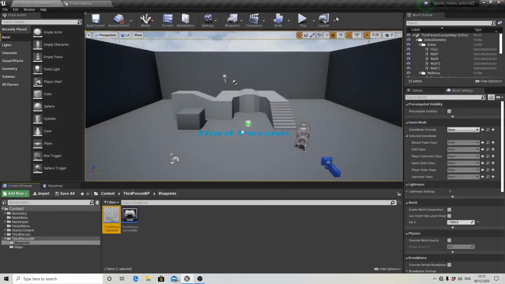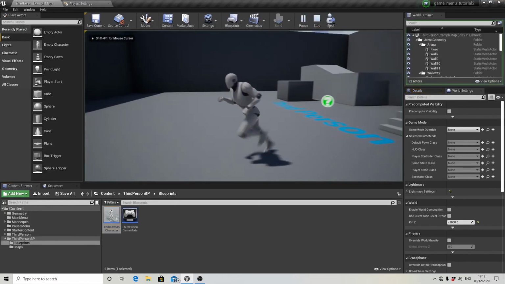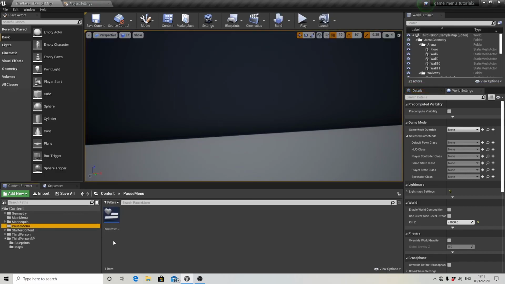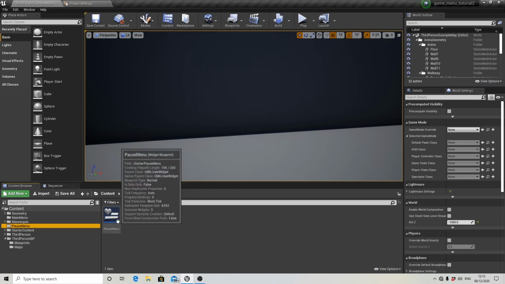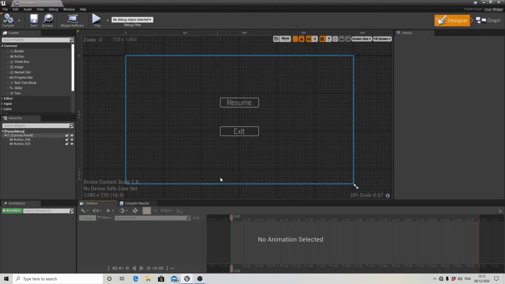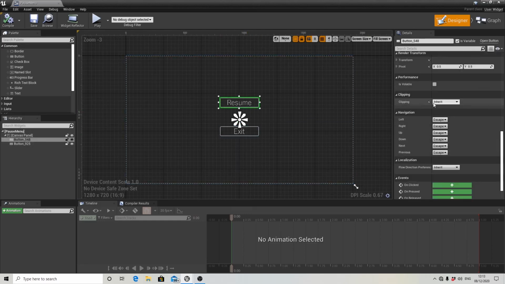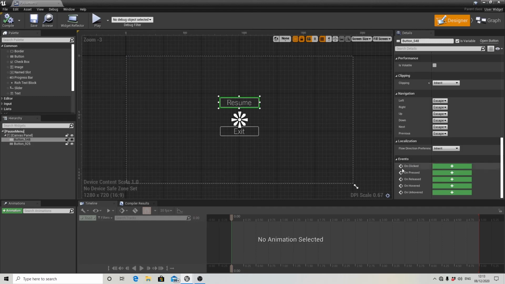So if I test it, so if I run and jump in the air or something and click P, it'll bring up our menu, but nothing works at the moment. So we now need to make these buttons work. So if we go into our pause menu widget blueprint, we're going to select our resume key. Let's go down, and then on events, on clicked,